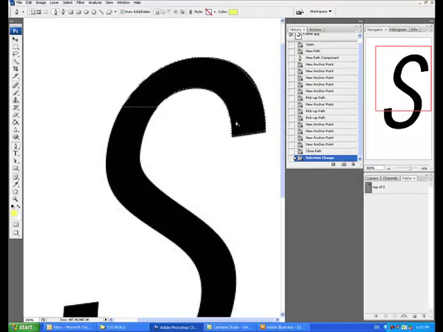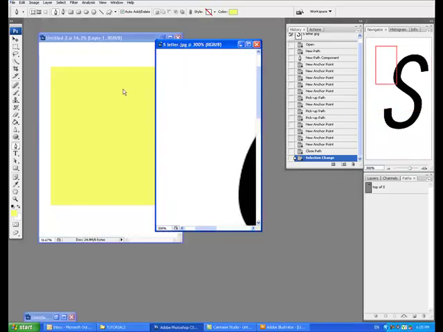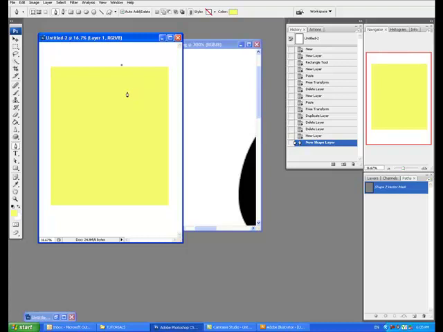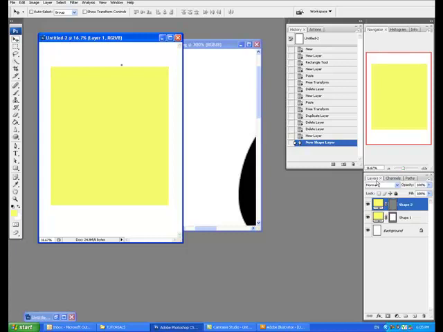Now you might want to copy that little selection and put it into an artwork. So in this case I'm going to Control C or copy it and I'm going to drop that into my new document, which in this case is a yellow rectangle. I'm going to look at my layers window. I'm going to create a new layer and I'm going to drop my